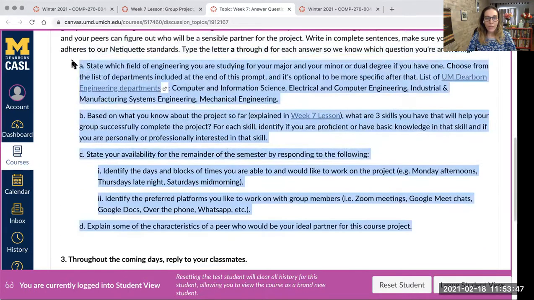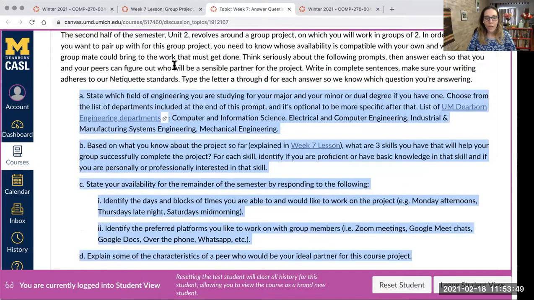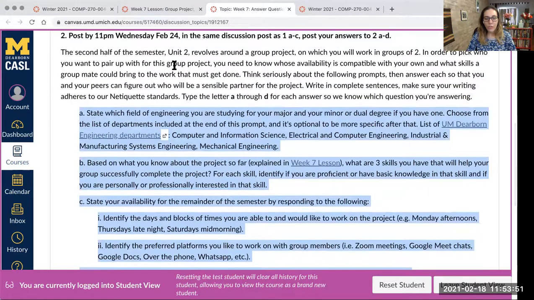And this is where you're going to start figuring out what kind of contributions you make as a group member and what kind of contributions you're seeking from a partner that you'll be working with. This is the first time I'm doing this, but I'm allowing the students to pick their own group members. One of the important things to know here, though, is that your group is actually a pair. So it's only 2 of you that are going to be working together.